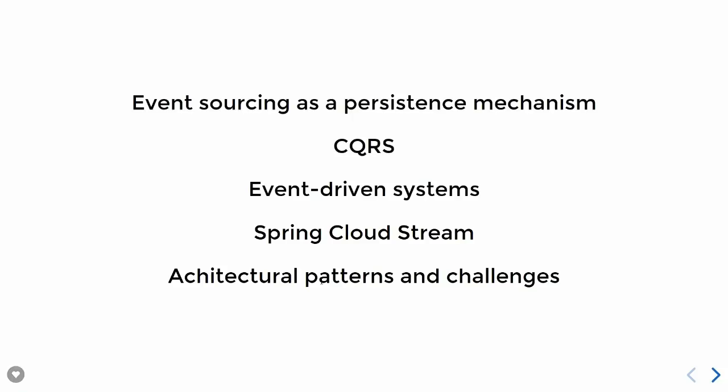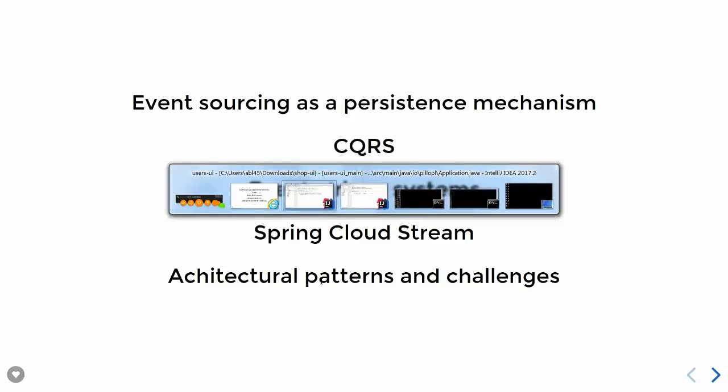Then we will go to Spring Cloud Stream tool, which helps us in delivering event-driven systems. We'll talk a little bit about command query responsibility segregation, and we will see if it's difficult or not to build event-driven systems that have, for example, processes that spans multiple bounded contexts. If it's possible, if it's difficult, and how Spring Cloud Stream can help us while doing that. And by doing that, we'll see some architecture patterns and challenges that we have to face. So let's start